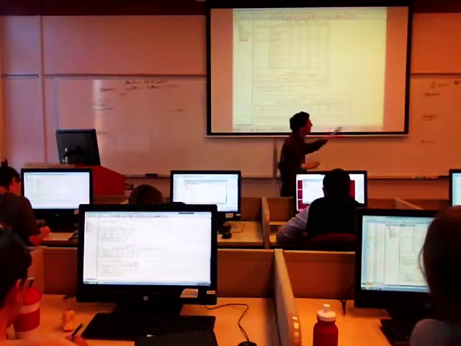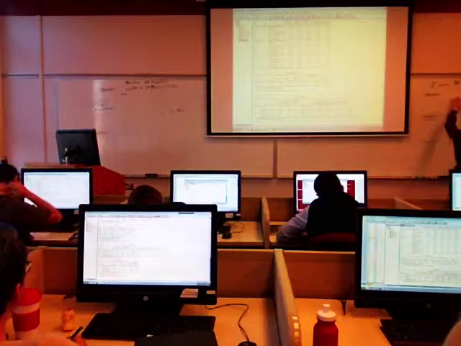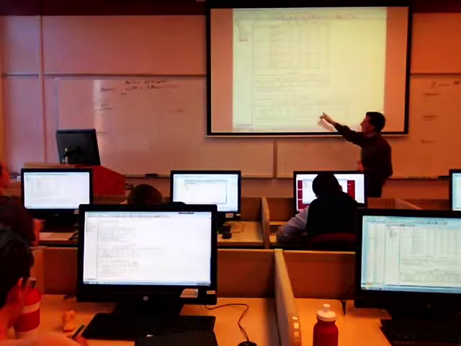We can do the same thing over here for stepwise, but we'll now use the z, okay? These are the standardized coefficients.